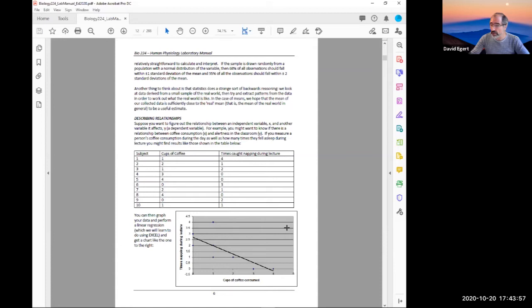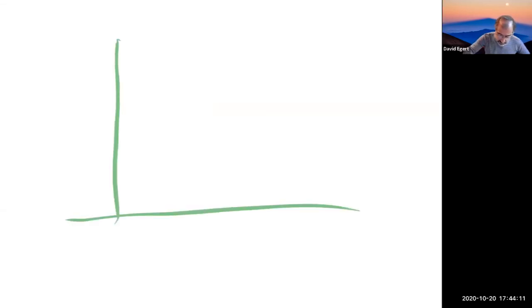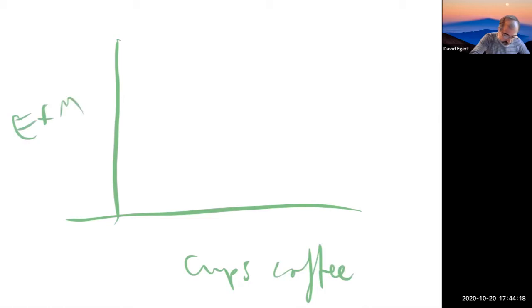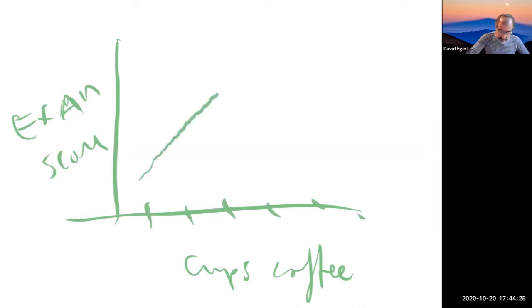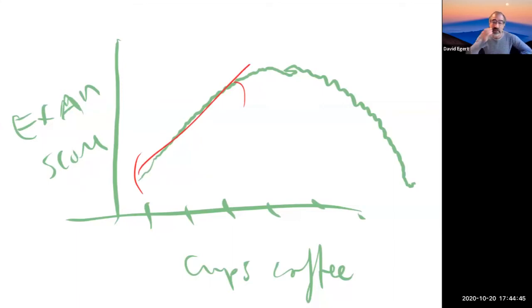Like, if I drink more and more coffee, like I've mentioned, I could do it on here. Cups of coffee and exam scores. People who drink more coffee end up doing better, but then at some point they just get so jittery they can't even sit still. And it might be something like that. A lot of times relationships are like that. They're not just some beautiful line, but if you say within this relevant range here, it seems to be linear. It's kind of what we saw in our